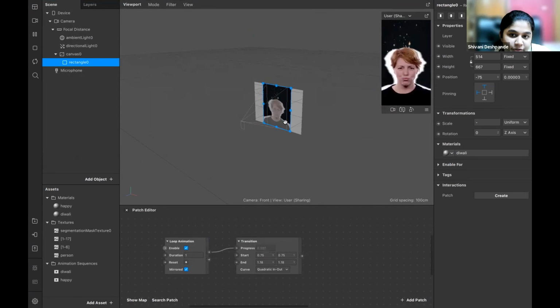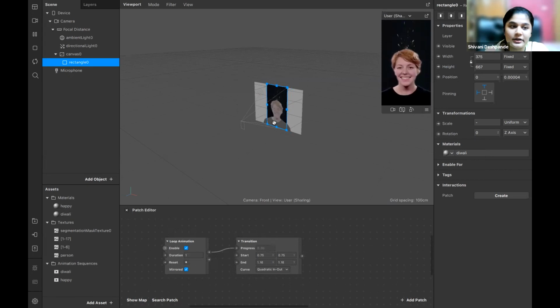So there are two things you can do. You can either find a GIF which has a little more square texture. हाँ, थोड़ा better है, इतना stretch नहीं होगा, ऐसा texture ढूंढो. या फिर instead of rectangle you can use a plane. Using a plane is a bit difficult, क्योंकि वो थोड़ा adjust करने में problem हो सकता है. And you'll have to test it a lot because it will look a little different in different devices, but you can use a plane instead of rectangle, and then you can change the positioning or the size of it as you like.